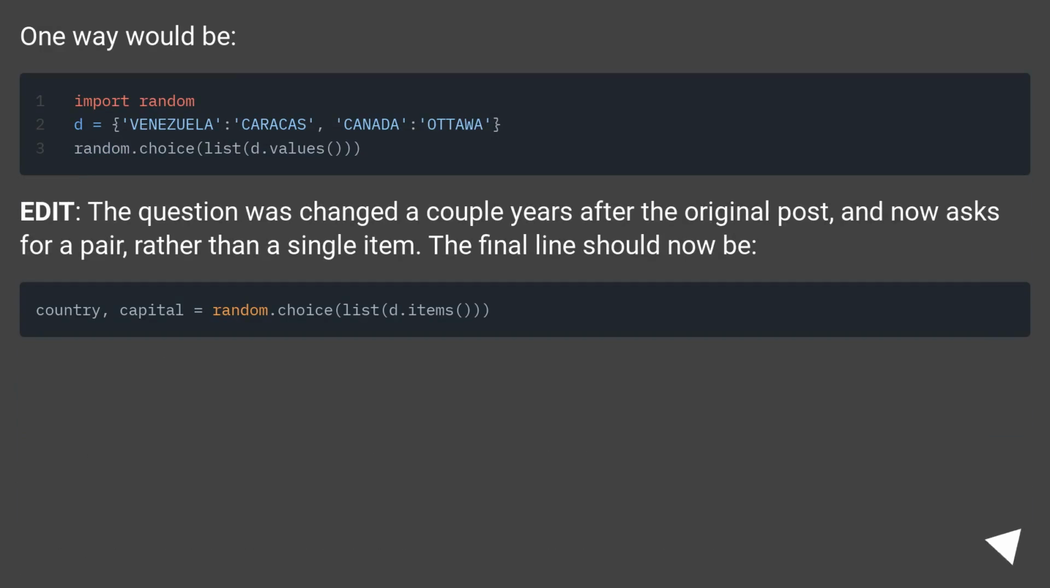One way would be... Edit: the question was changed a couple of years after the original post, and now asks for a pair rather than a single item. The final line should now be